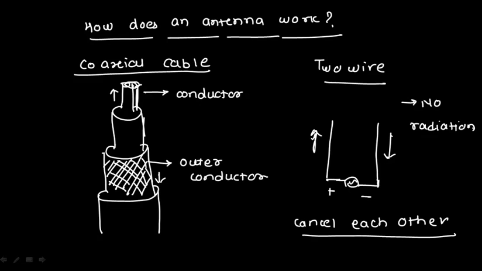Now what will happen if I add some flaring to this cable? I'll take the same example and just add some flaring. So here you have one conductor, here the other conductor, and I have added some flaring between them. Now you give some supply here, this is plus and this is minus. The current direction will be in this direction, and the other current direction will be in this direction. Now my current starts flowing in the same direction. You can see the directions of the currents are the same.